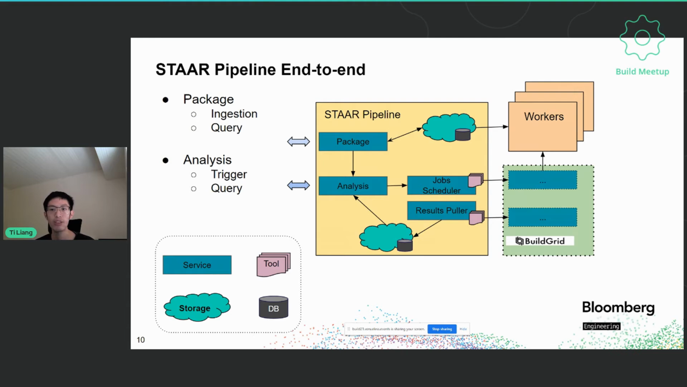And we index the package by using database and then store it on the cloud. For analysis, it could be triggered implicitly by package injection or explicitly by user. After an analysis is triggered, our system will schedule jobs to build grade. And then other services will pull the results from build grade asynchronously, index and store it in the same way